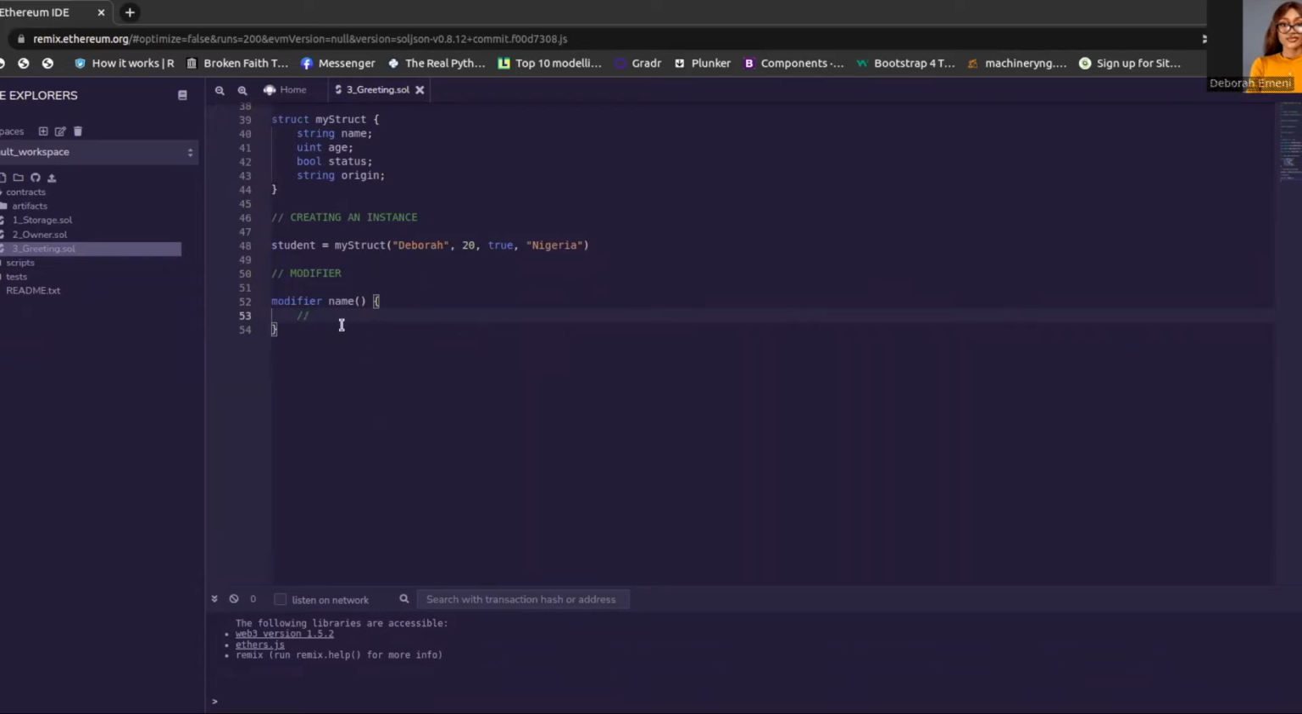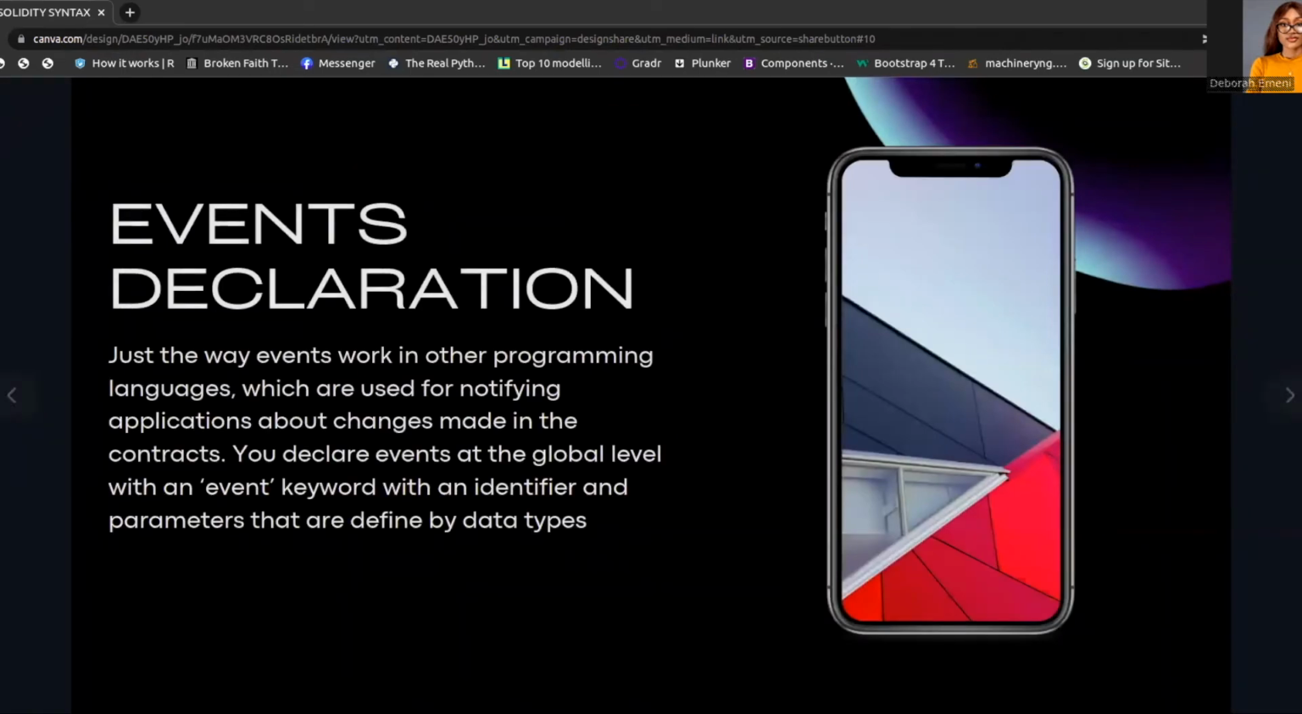I will not write much in this modifier block. I'll come back to it after I have explained functions and given you a demo on functions. Before that, I want to talk about event declaration. Just the way events work in other programming languages, they are used for notifying applications about changes made in the contract. So you declare events at the global level. When I say global level, I mean outside of every function and at the top of your code, with an event keyword, an identifier, and parameters that are defined